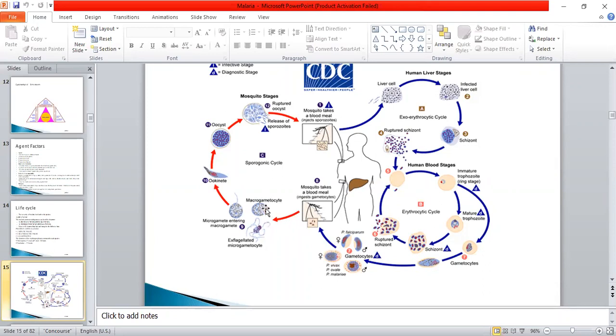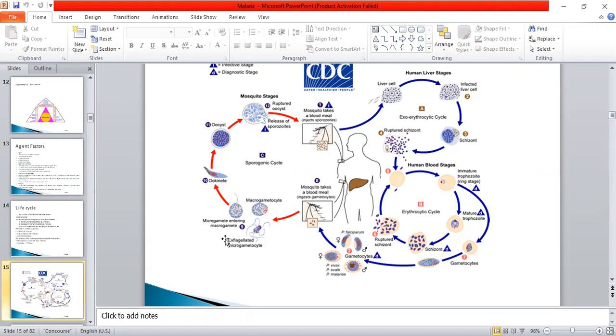The macrogametocyte is the female gametocyte and the microgametocyte is the male gametocyte, and it undergoes a process known as exflagellation. 4 to 8 thread-like filaments called microgametes are developed, and the female gametocyte undergoes a process of maturation to become the macrogamete. Through chemotaxis, microgametes are attracted towards the female gamete, and one of them causes